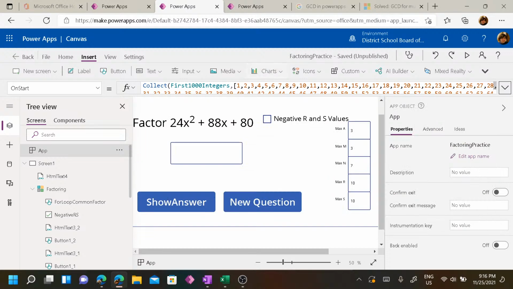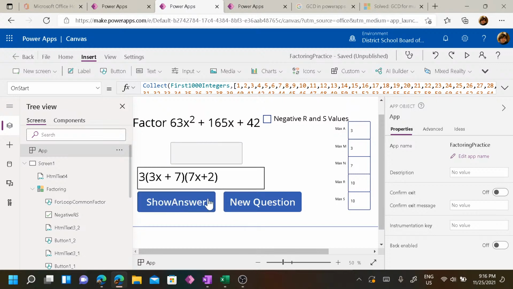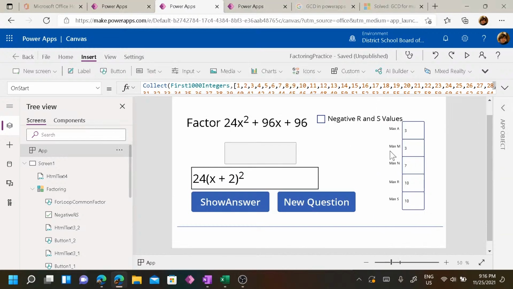Though you could even remove this, right? Like you could even do a filter on this, actually, where you could filter out everything that's not divisible by 2 or not divisible by 3 or is divisible by 3 and take only those. So a lot that could be done with that to do for loops in a more kind of robust way in PowerApps. Shame that you can't just do a simple for loop. That would obviously be better. But given that we can't, got this. So anyway, working on